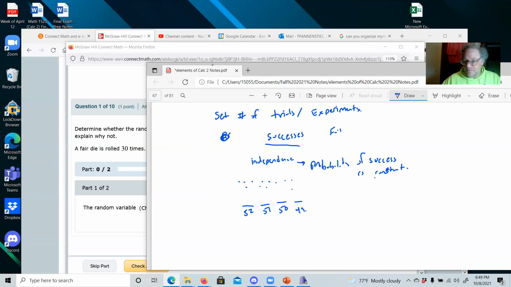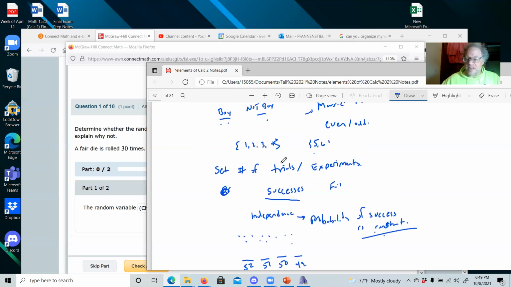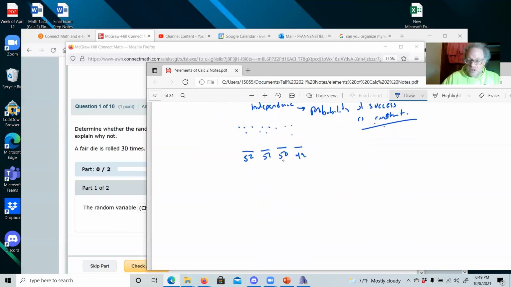So that's not a constant number. They're moving. Those are things you have to watch out for. Your P, your probability of success, that's constant. You have a set number of trials